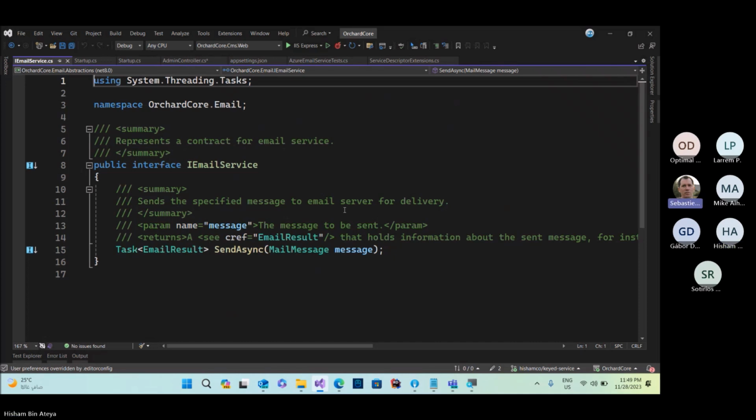However, I think you missed the point here because it works, that's fine. But what I would have used instead of a keyed service to resolve Azure service or SMTP service is just resolve and inject SMTP service or Azure service because you know what implementation you want. And I think that's why you missed the point of the keyed service because you keyed the service by the type. It's exactly the same as registering the type itself. So I don't see why you use a keyed service.